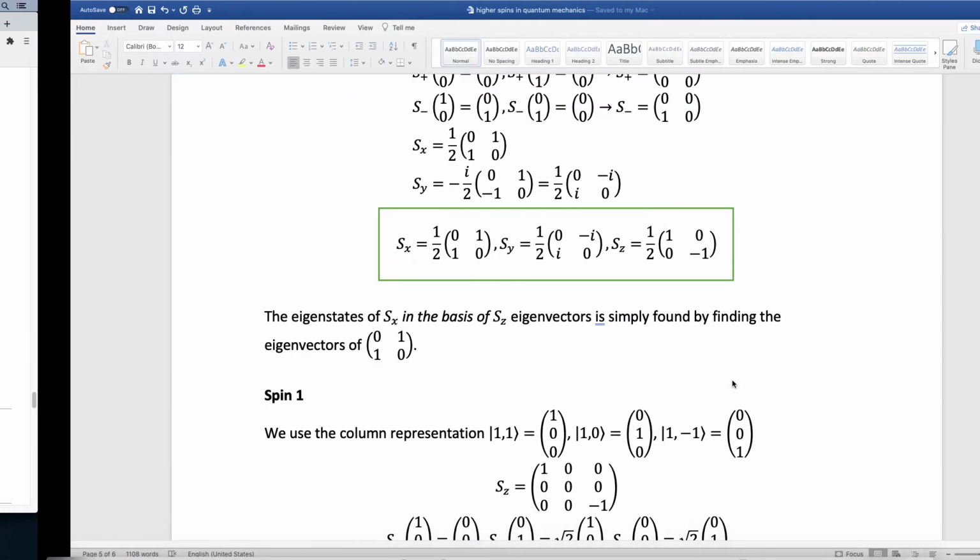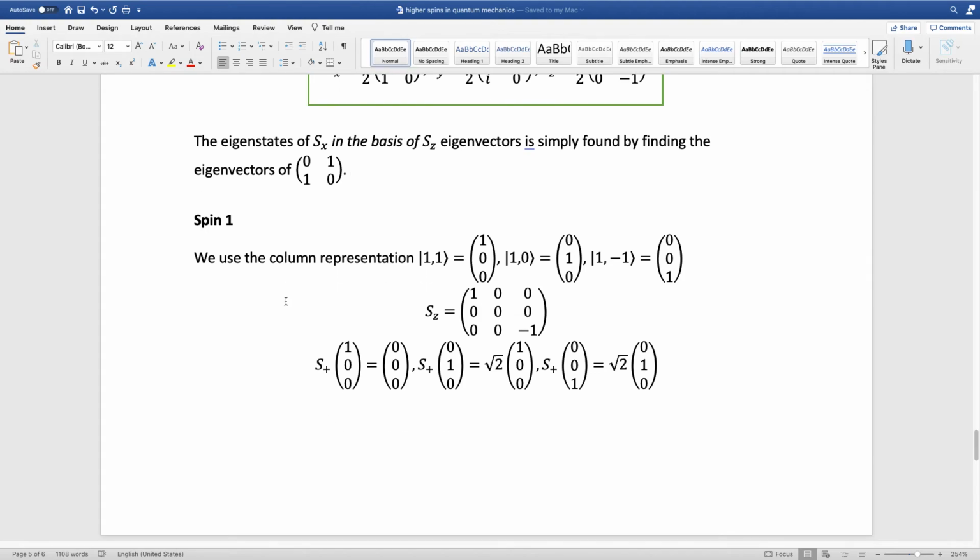Okay, let's go back. For spin 1, we use the following column representation, similar to what we did for spin half, and we arrive at the spin Z operator matrix representation. Now we do the same thing. If we apply the raising operator to the highest state, we get 0. If we apply the raising operator to the m equals 0 state, we get the m equals 1 state